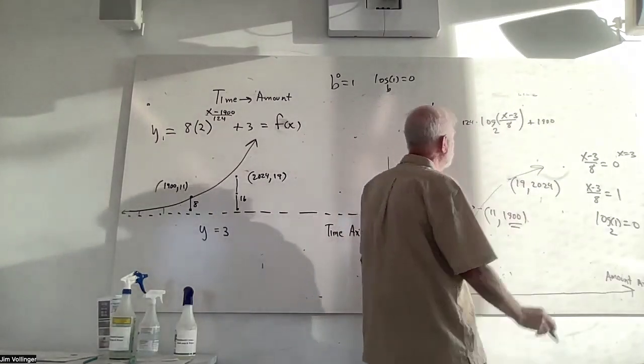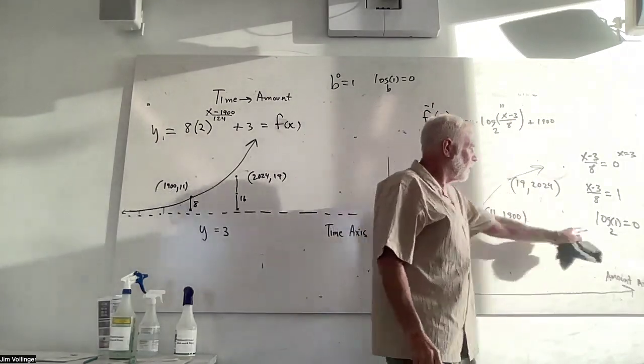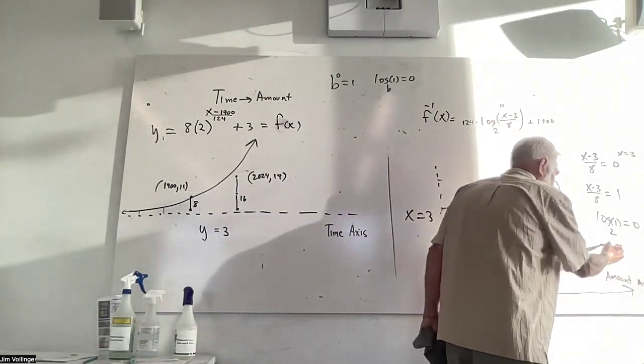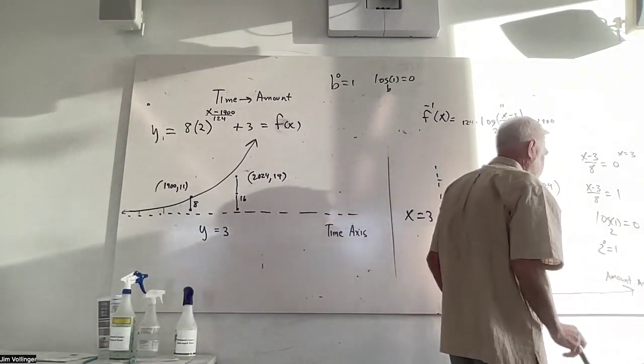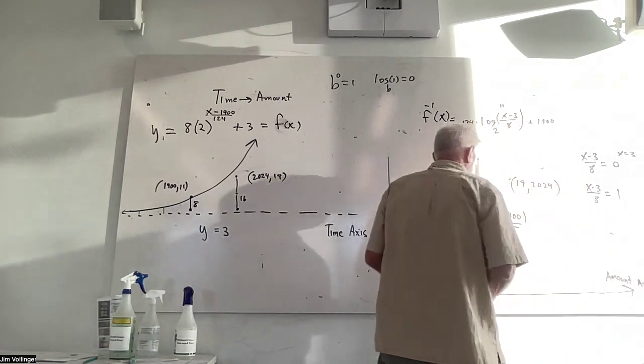So let's put 11 in, see how it works. 11 minus 3, 8, divided by 8. Oh yeah, gives me 1. Log base 2 of 1 is 0 because 2 to the 0 is 1. We've been studying that, so hopefully you're making that connection. And then if we set,